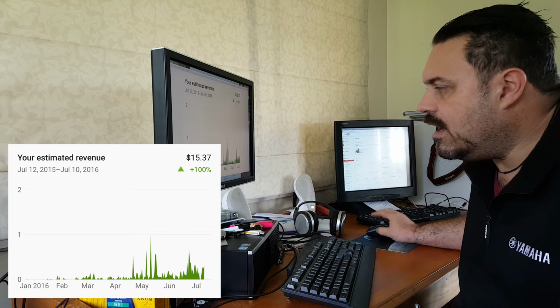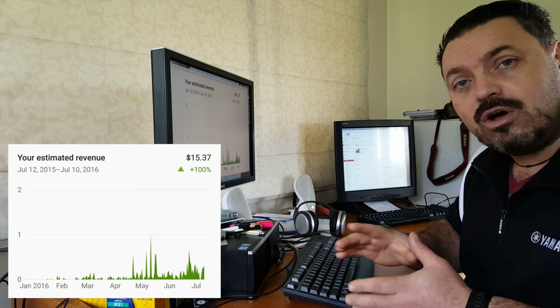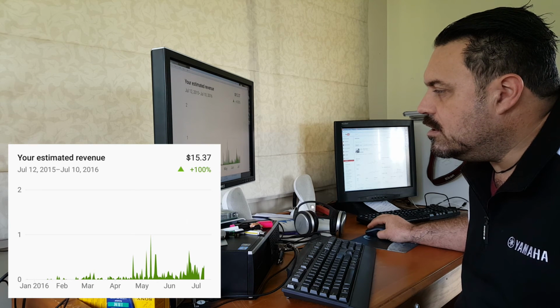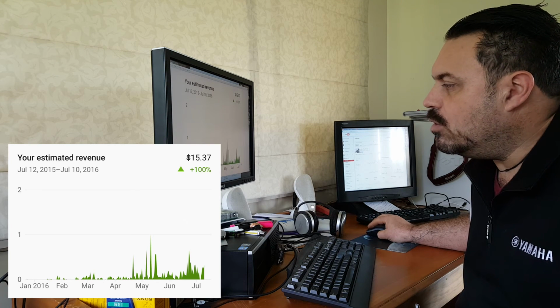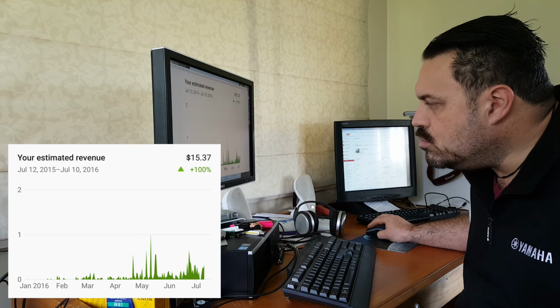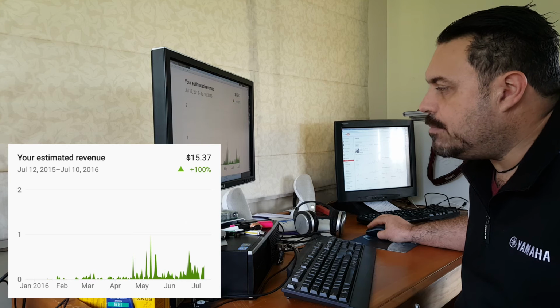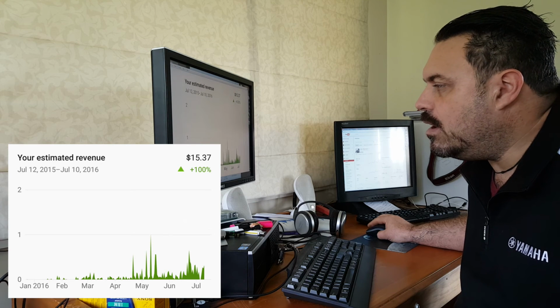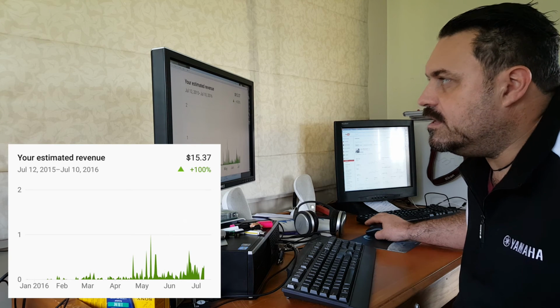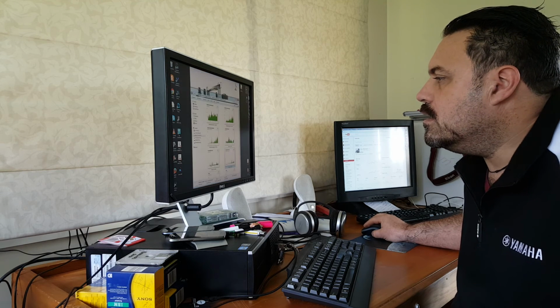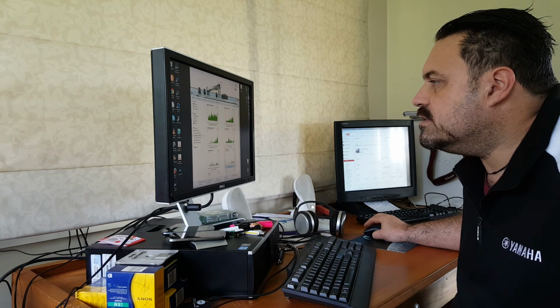But then during July, after I put all the extra adverts on the longer videos, we can now see quite a large block of green from mid-June onwards. Although there is a huge drop, a bit of a hole, which happened in the last couple of days, but I have no idea why that is. But definitely the revenue side of it is on the up. So that was over the last 6 months.